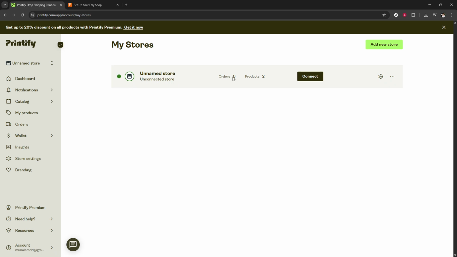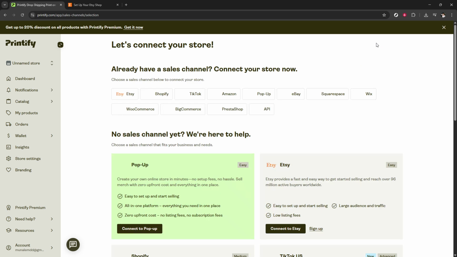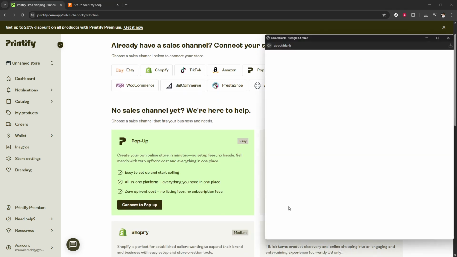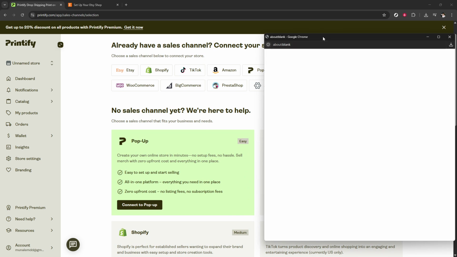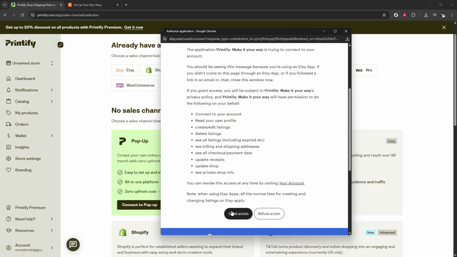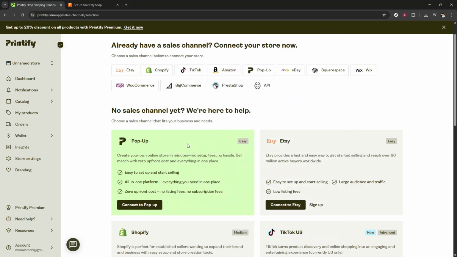connect to Etsy. Select Connect to Etsy and follow the details to link both accounts. Finally, you'll be prompted to grant access, which you should do to allow seamless integration between Etsy and Printify. And there you have it. You have successfully connected your Etsy shop to Printify, and you're now set to start creating and selling your bespoke products. Remember, this synergy allows you to focus on creativity while